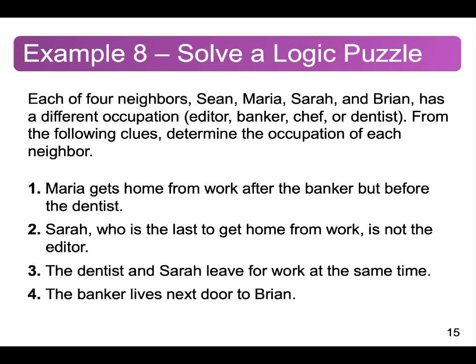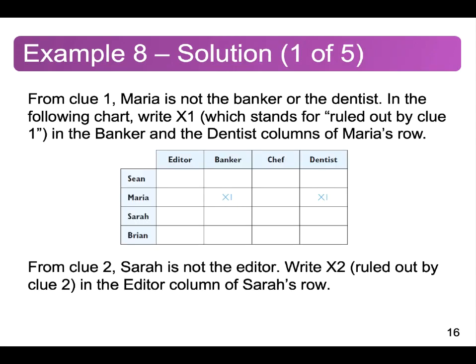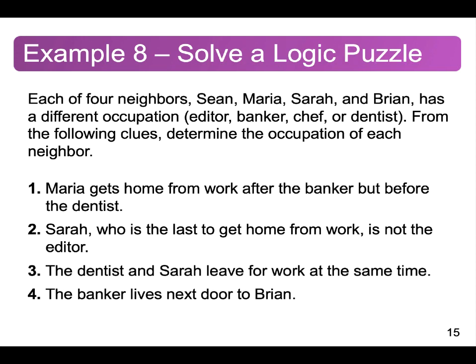So we know that Maria gets home after work, after the banker, but before the dentist. That tells us that Maria cannot be the banker or the dentist. And so what we could do is cross out, based on that first clue, Maria being the banker or the dentist. Now the second clue is that Sarah, who's the last to get home from work, is not